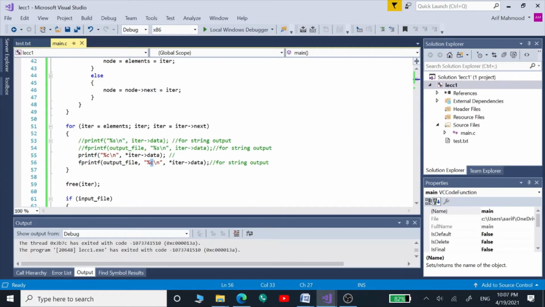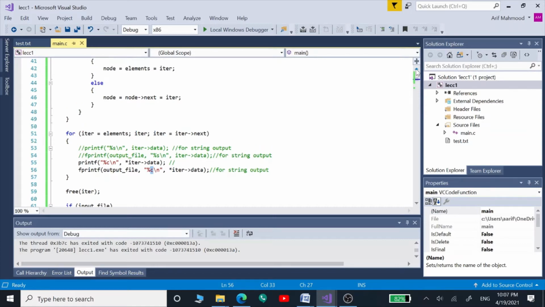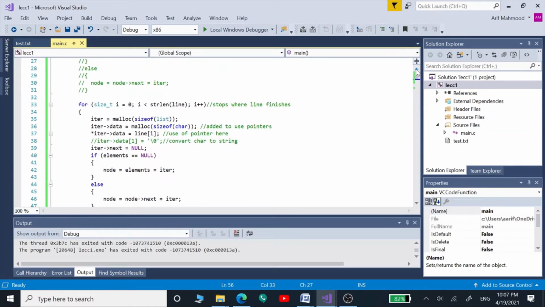And now we are going to see how we can convert these individual letters from characters into strings. In order to do that, we are going to include this code line. Once we add this zero at the end of each letter of type character, it becomes a string. This is the way strings work in a C program.